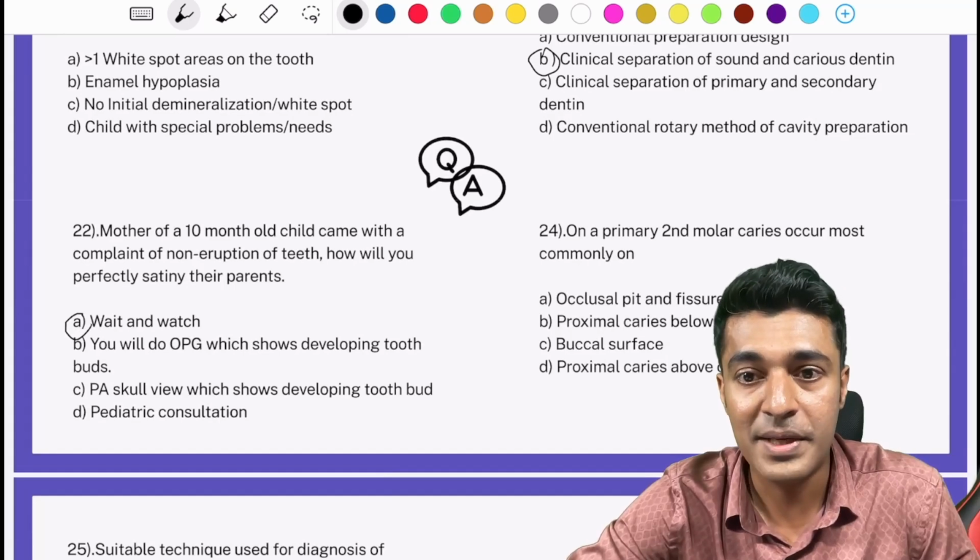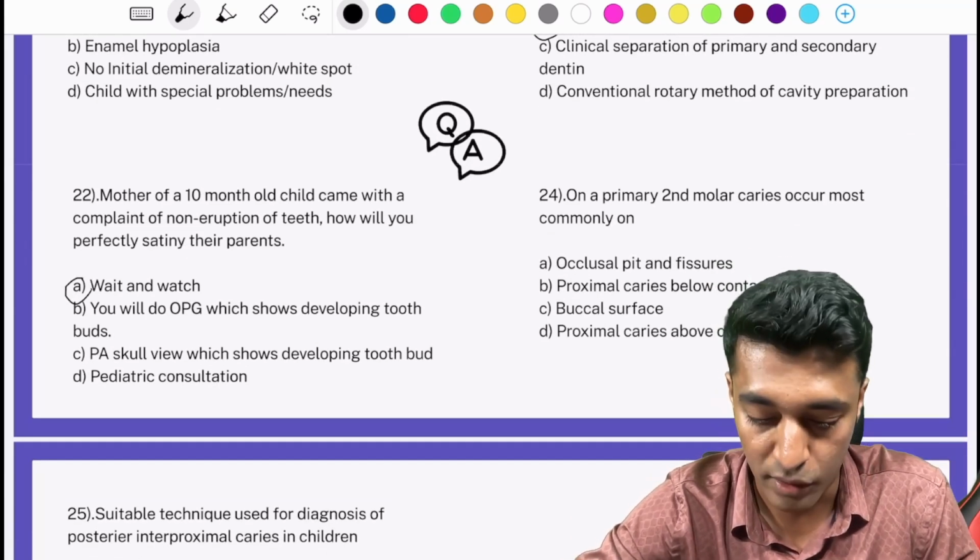Question 24. On a primary second molar, caries occurs most commonly on the